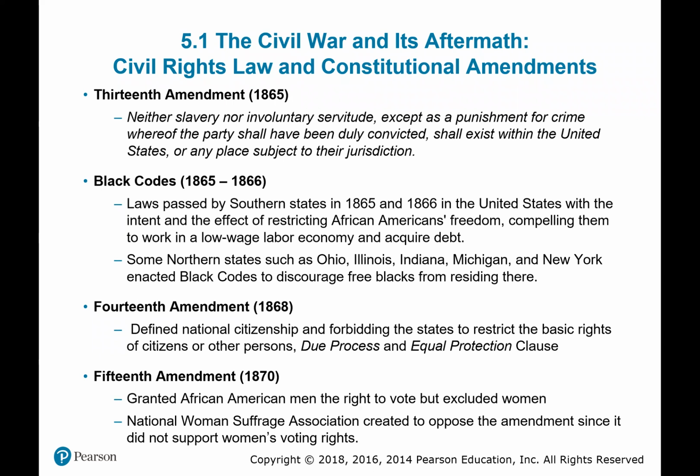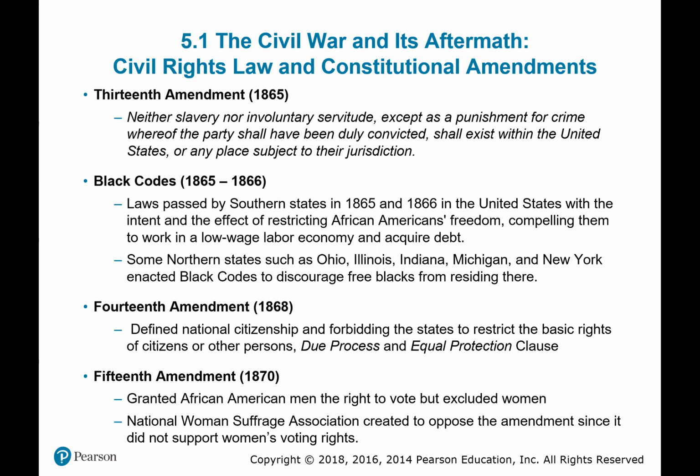So in 1868, you have the 14th Amendment, and that is one of the primary, as we discussed in the last chapter, and in this chapter, civil rights and civil liberties amendments, with the Due Process and Equal Protection Clause. And that's really created a doorway to right some of these wrongs that we've seen over the generations. The 15th Amendment,